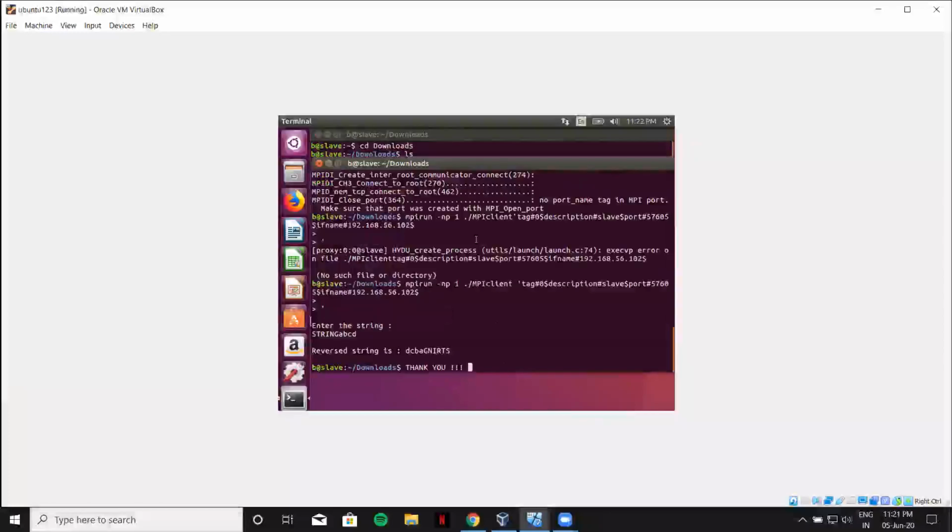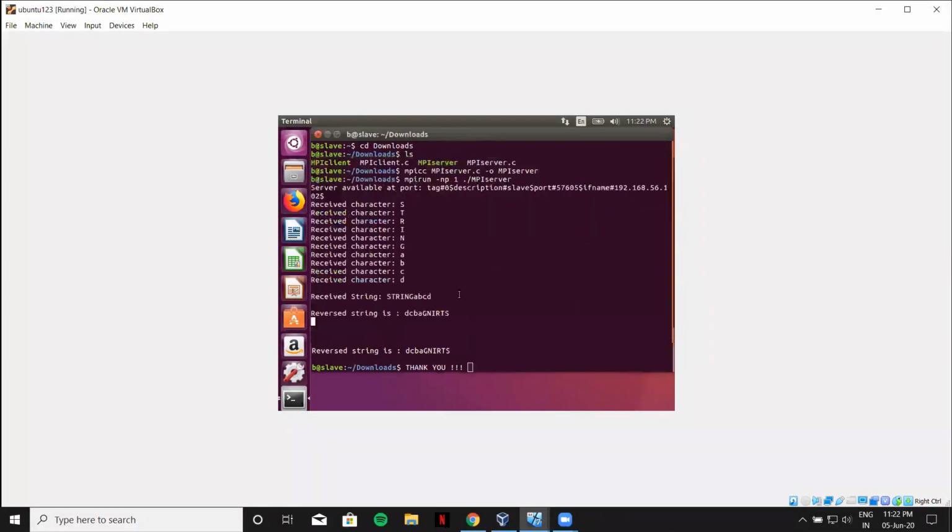What happened in the last video was that we created a file here and we ran the file here, and as you can see, the string has already been reversed, and then you can see that it has been received. Varun is going to explain. Yeah, it has been received in the other place where we have opened the port, and it has been received in the correct order.